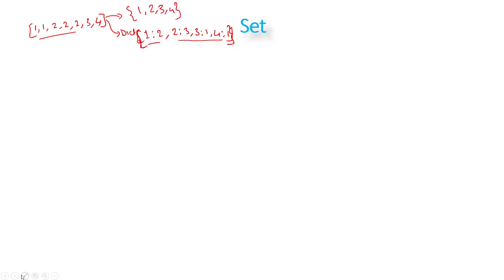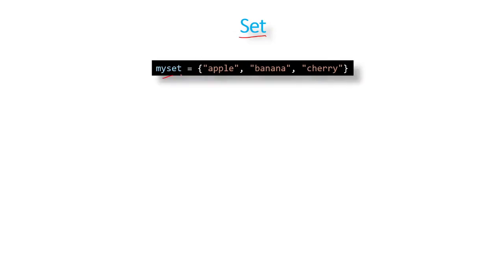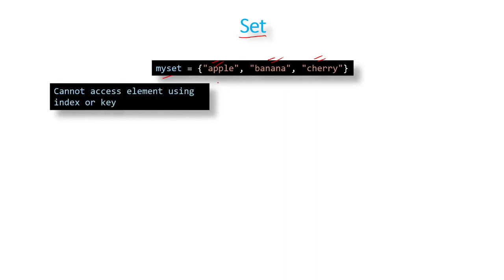Okay, so that's it. This is how we declare sets, and why a set is used to get rid of duplicates. Okay, now let's see. We have this set where we have stored apple, banana, and cherry as the fruit names. And if we want to access any elements, as we did with dictionaries, we were using the variable, and inside that we were providing the key, and then we were getting the value.